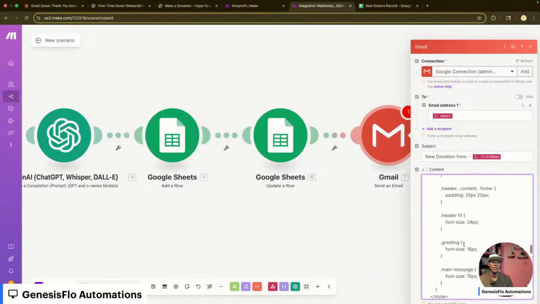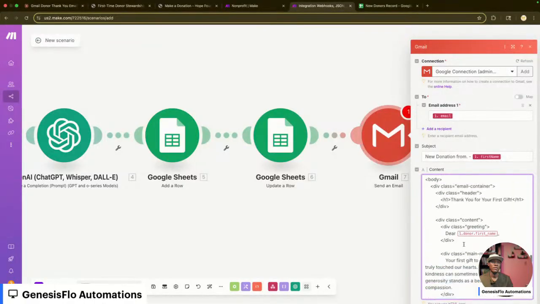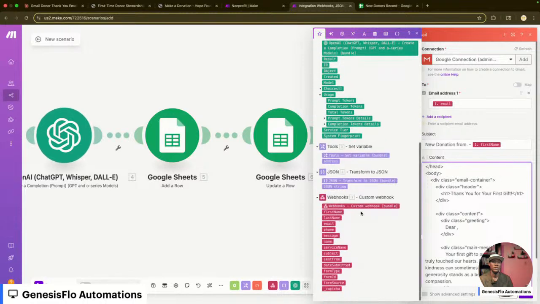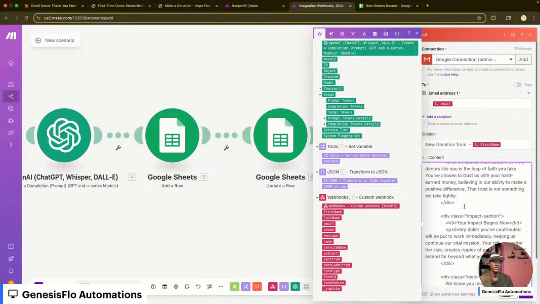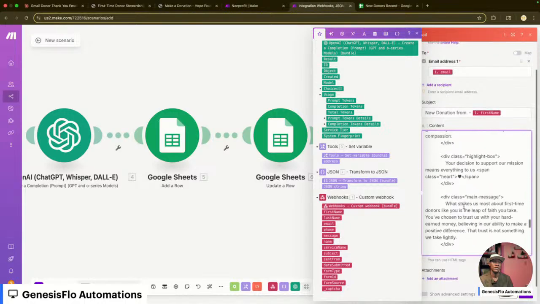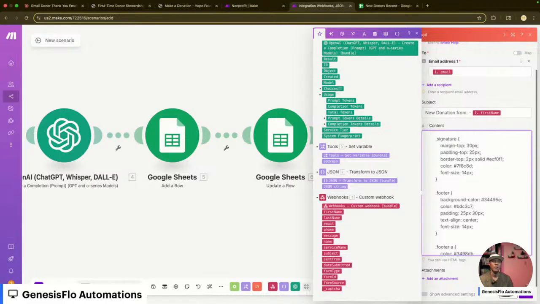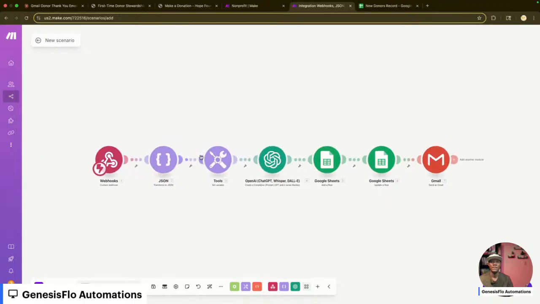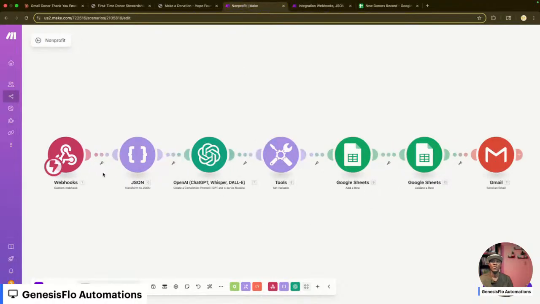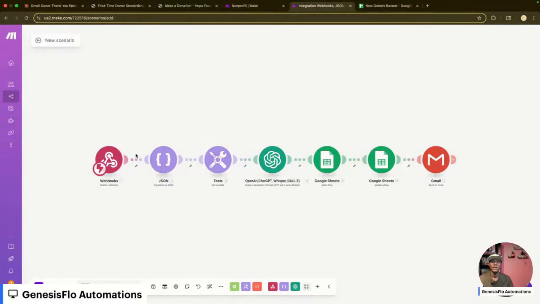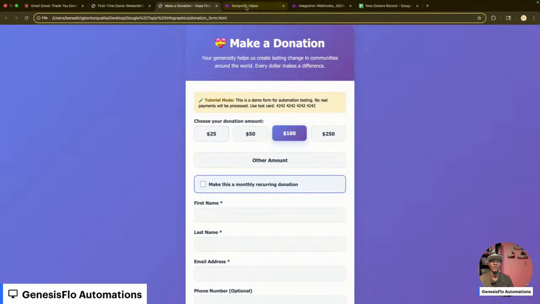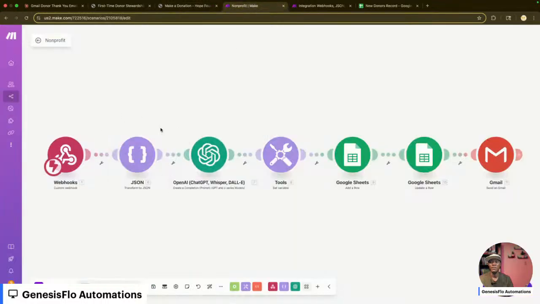And so what we want in here is their first name. So delete that, and you want their first name. Thank you for your donation. Everything else stays the same, and click save. That's it. This is the first part of the automation, and that's exactly what you see here. Because of the webhook, I couldn't connect the webhook to the existing form here, but that is what you see in here. So that's, as I showed you from the beginning, how the automation works.